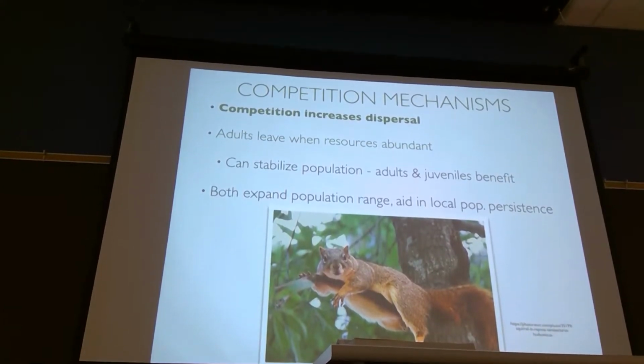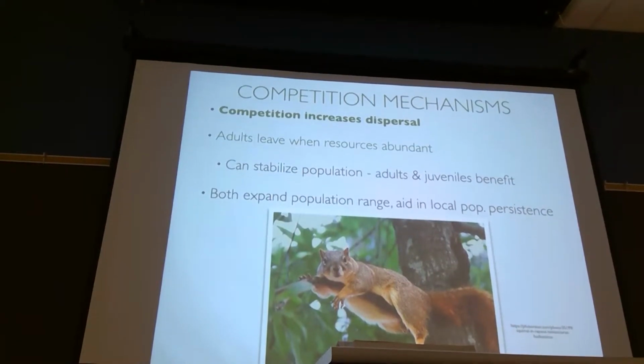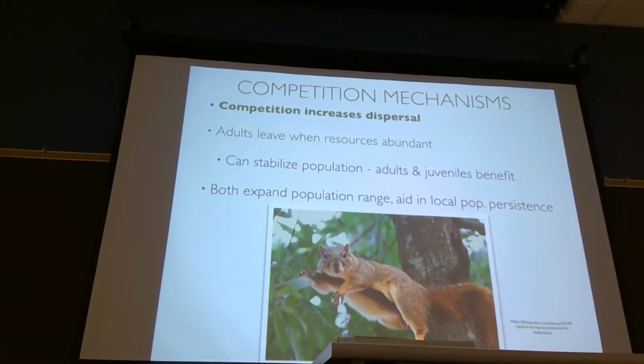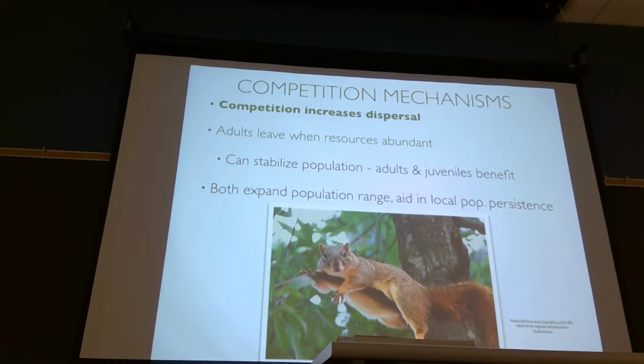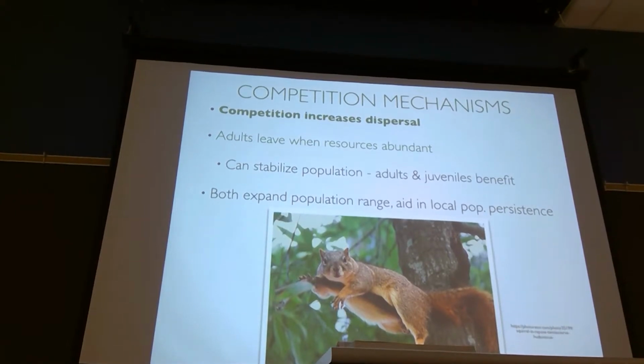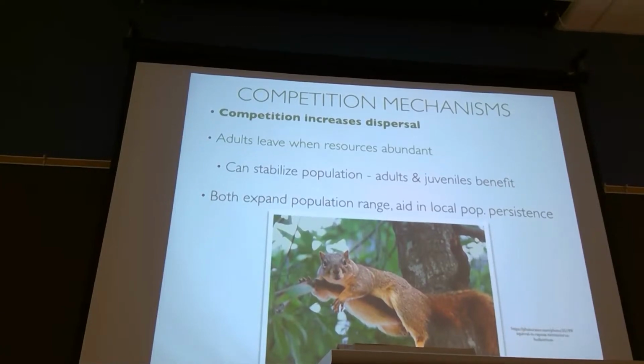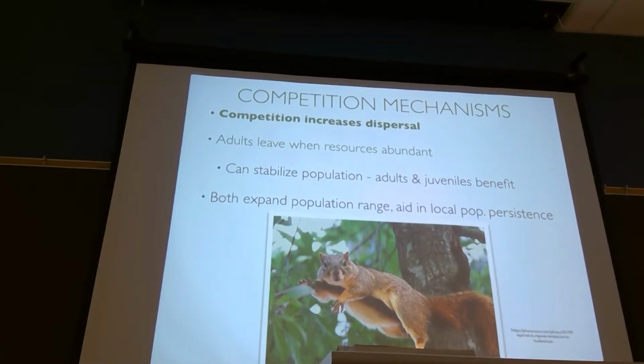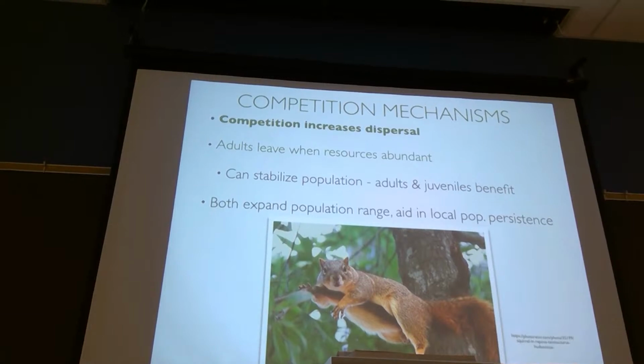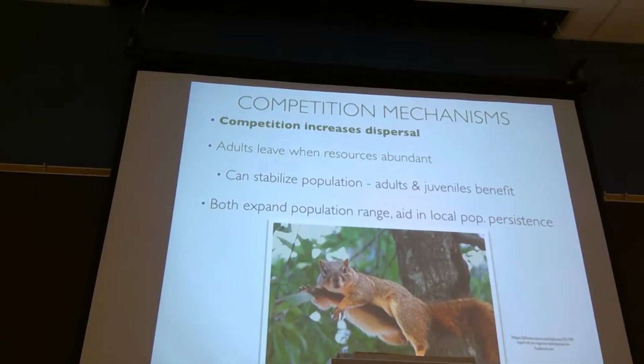They see the neighboring forest plot and they say, that's a beautiful acorn tree, in terms of these adult squirrels. Let me go live there. And there will be less resource competition. And so sometimes it's the adults that disperse. This happens a lot in birds, and the birds will move into a new territory. Here it happens in squirrels as well.